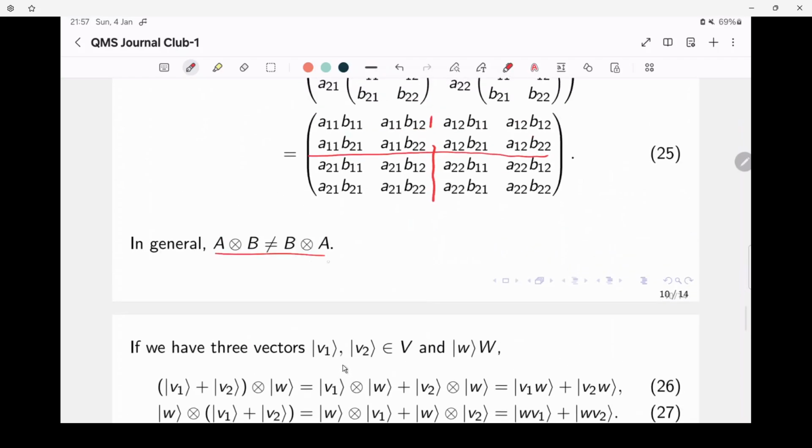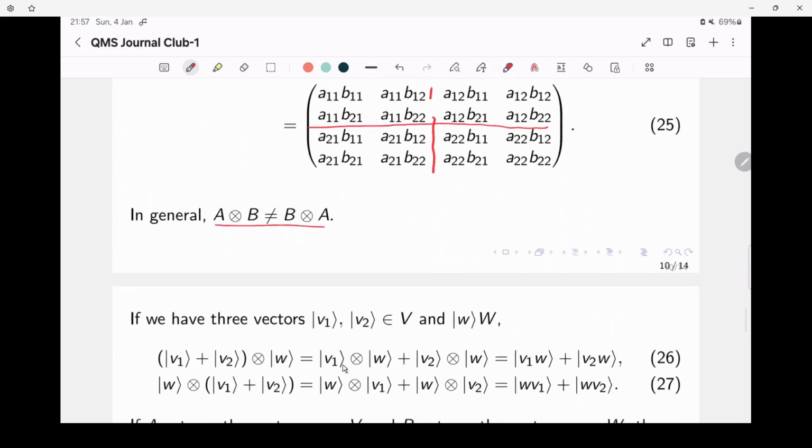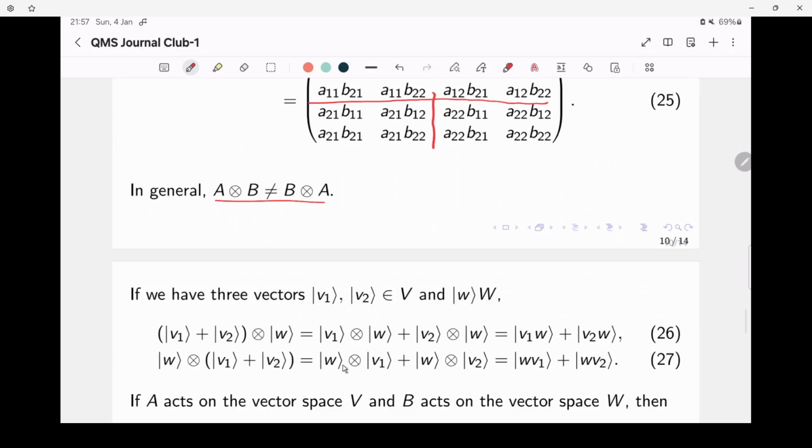So why is this important? This is important later on. Let's say you have three vectors, sorry, there's something missing here. Let's say you have three vectors. Two of the vectors come from the vector space V, another vector comes from